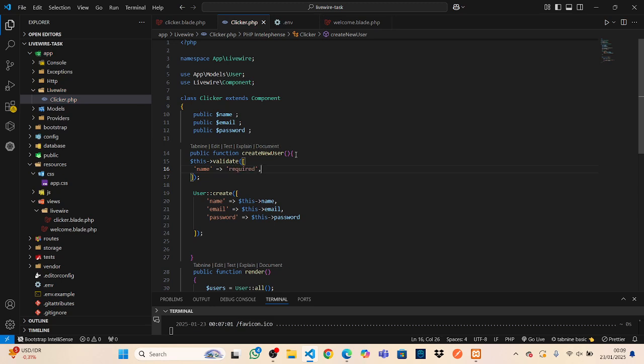This rule is used to make sure that there isn't an email with the same email in our database, and so that the